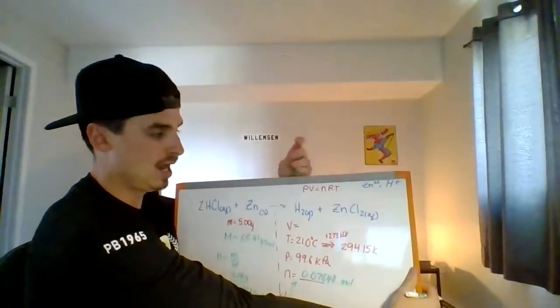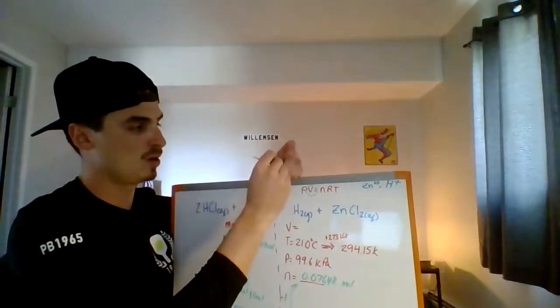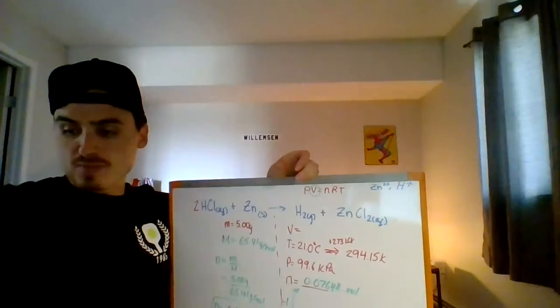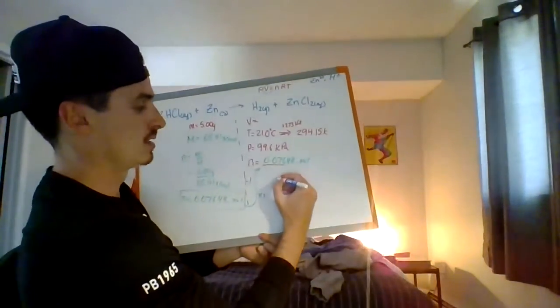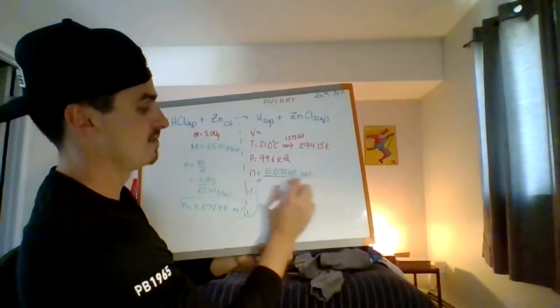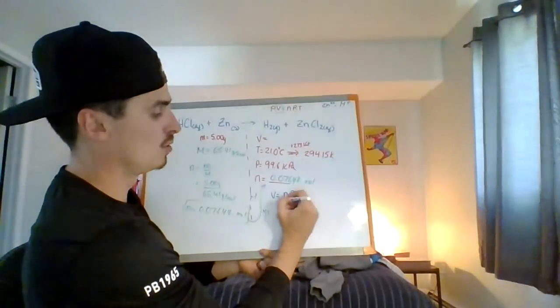And now I have T, R, n, and P. I can find V. So I'm going to rearrange my formula. I'm going to divide both sides by P. Okay, so V equals nRT over P,